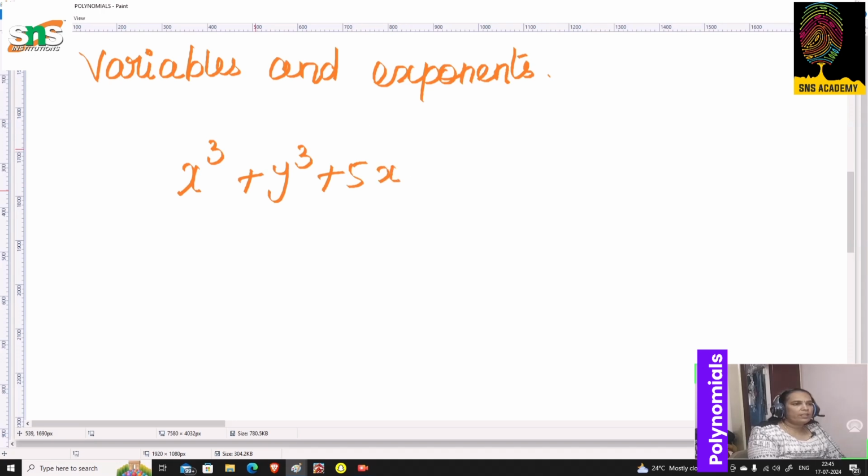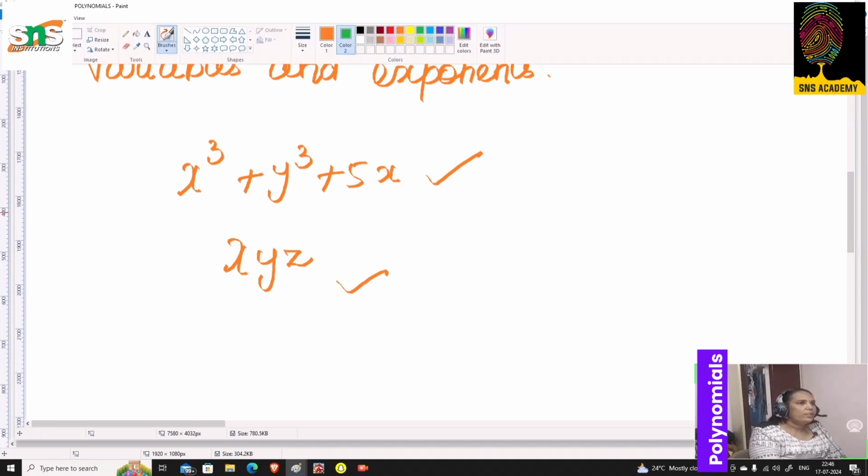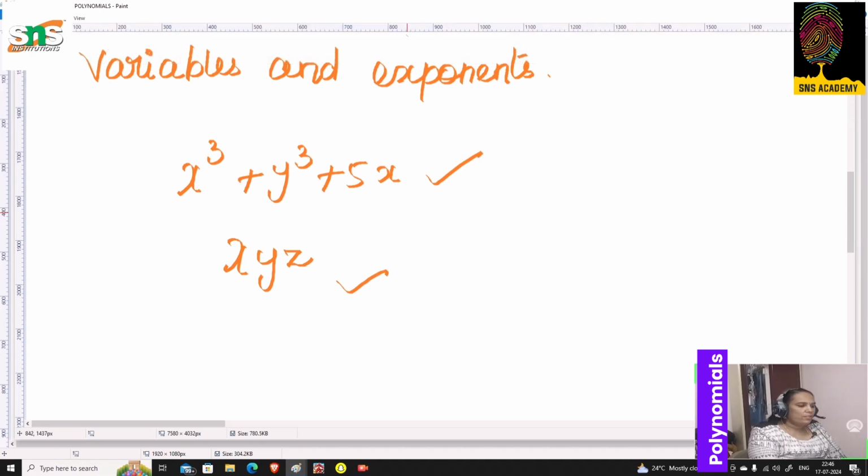So here I have written some examples for the polynomial. x cube plus y cube plus 5x is one polynomial which has two variables. xyz is another polynomial which has three variables. So how do we identify whether it is a polynomial or not? There are a few conditions. The first condition,